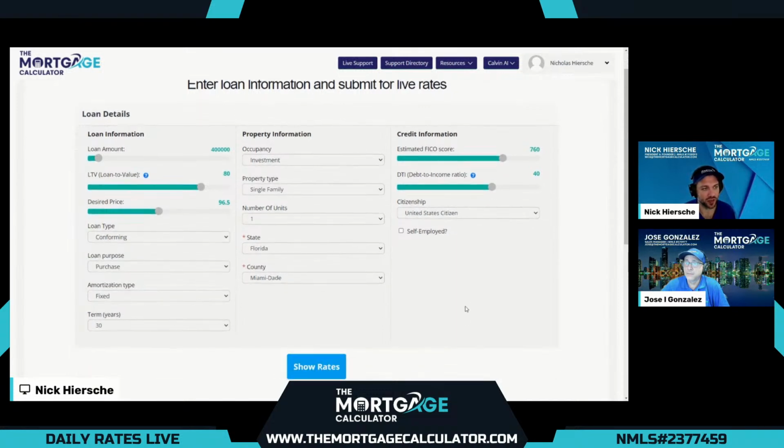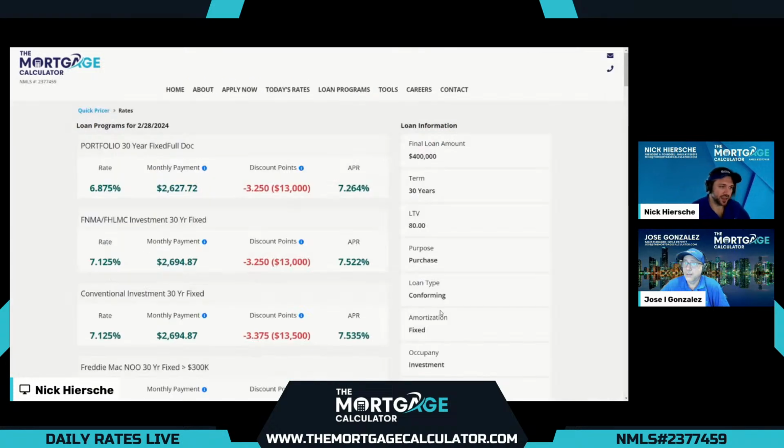We'll start with conforming conventional. Everything will stay the same as all our demos. The only thing we've changed here is the occupancy. So let's check this out. And as I say every day for the last couple weeks, the rates go a little bit higher, and you see this portfolio option pop up, which is not a true conventional option. This is one that doesn't get sold to Fannie or Freddie. So the bank that's basically holding this allows us to not have the loan level price adjustment.